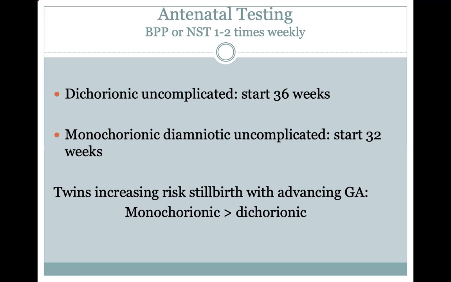So I tell folks all the time, if you have the potential of being confused and missing testing on Mo-di twins, trying to set up two testing plans for the two types of twins, just do both at 32 weeks so that there's lack of confusion. The bottom line is there is an increased risk of stillbirth in both types of twins as the gestational age advances. Next slide.